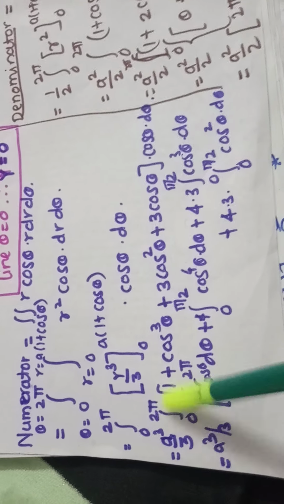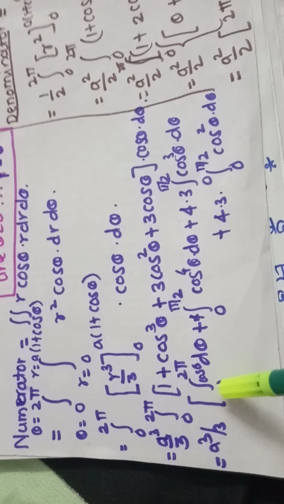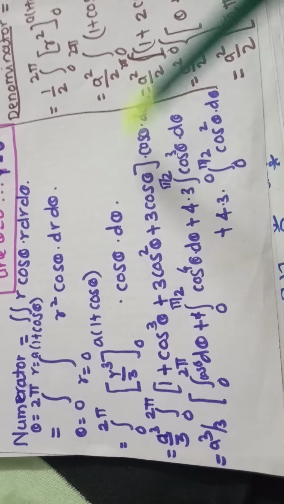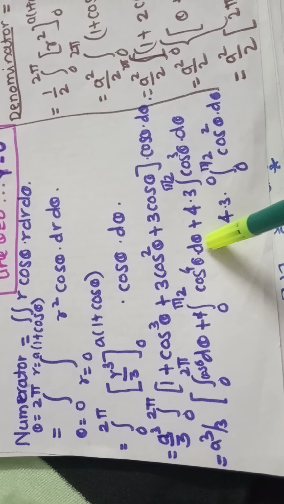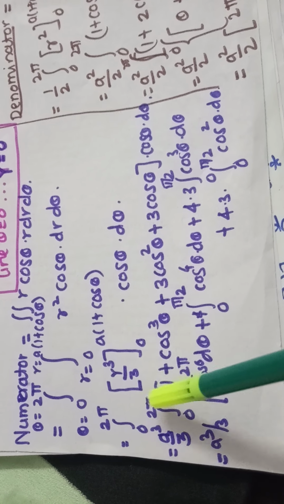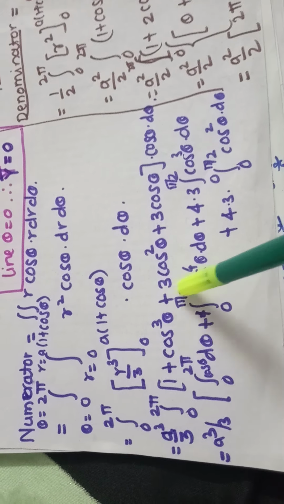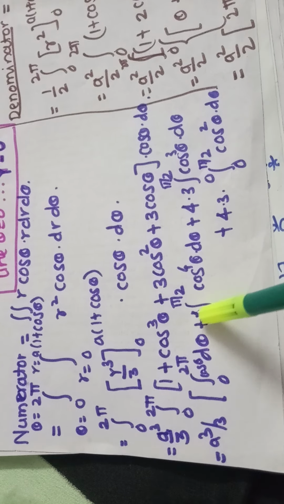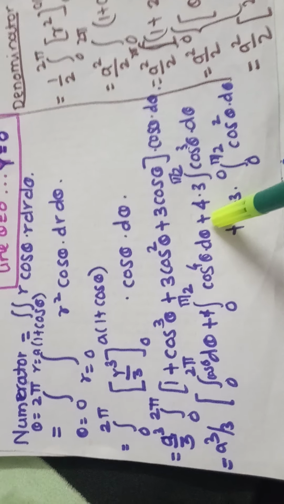Now we can integrate with respect to theta between the limits 0 to 2 pi. Multiply this cos theta into the bracket. So we have the integration of cos theta between 0 to 2 pi, then the integration of cos raised to 4 theta. Here I am using the reduction formula: the integration from 0 to 2 pi of cos raised to n theta is 4 into the integration from 0 to pi by 2, so 4 into the integration from 0 to pi by 2 of cos raised to 4 theta d theta.